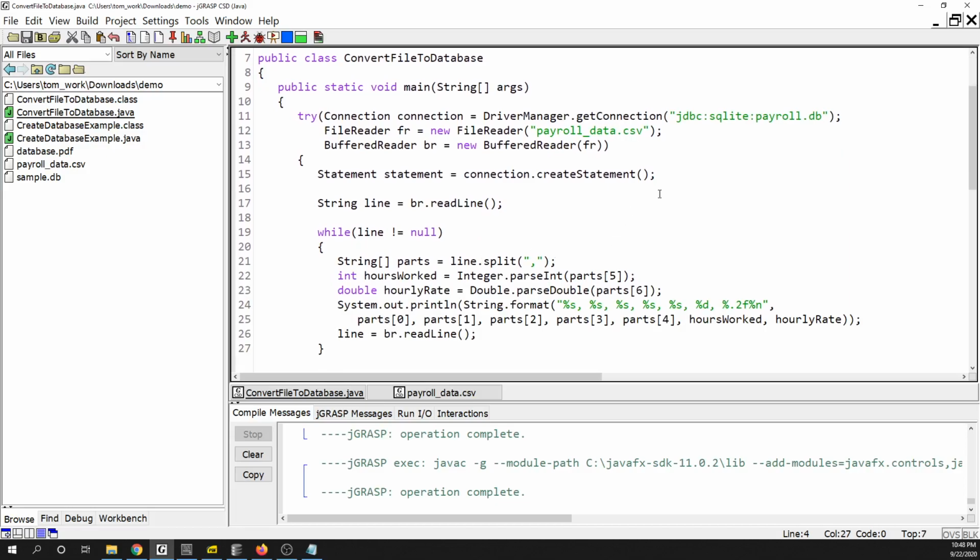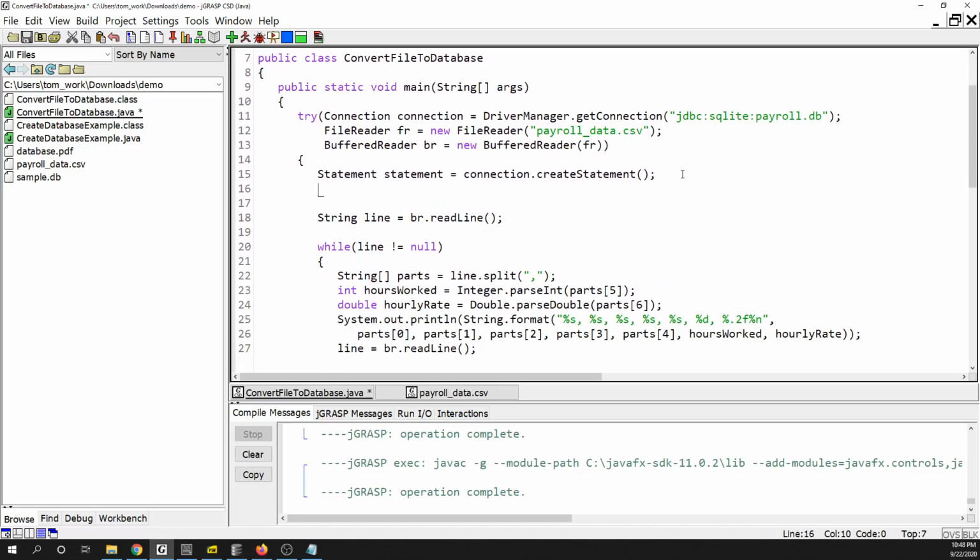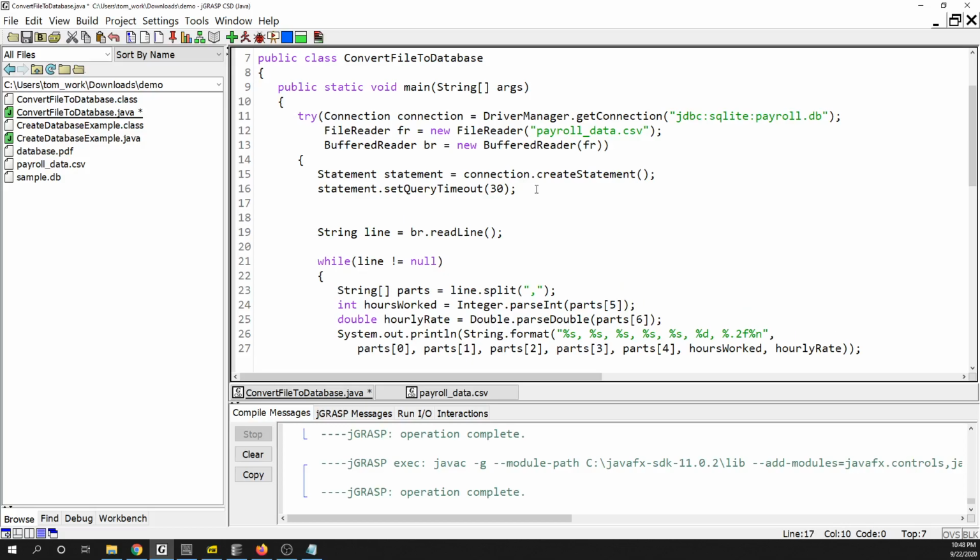There are a couple of other things that we'll need to do. One is to set the query timeout to 30. If you look at the author of this SQLite JDBC, he has that in his example. So that's what I'm going to do on this one. And then the other thing that we're going to do is